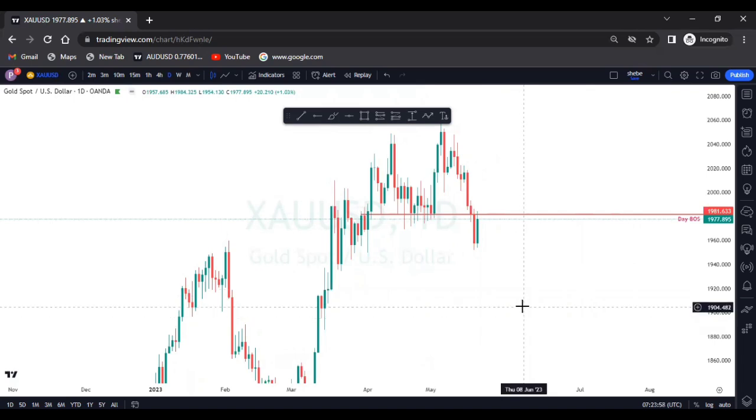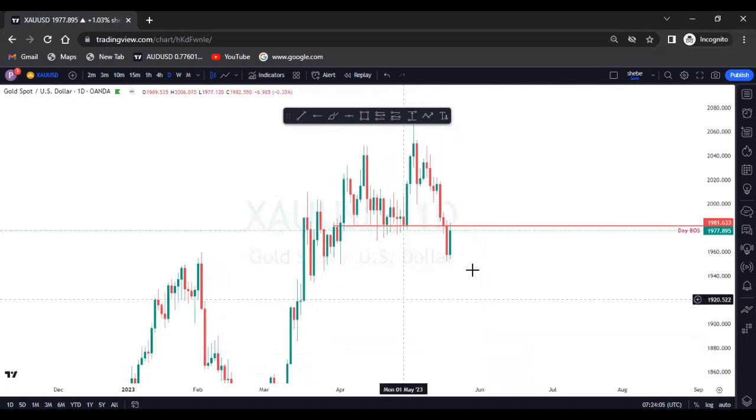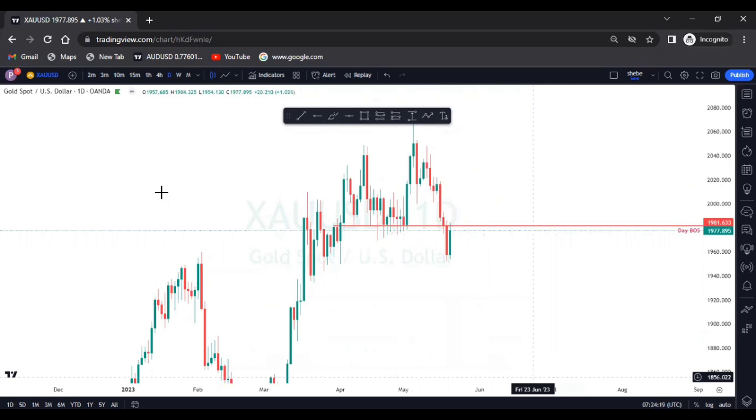So that being said, we were just waiting for the 4 hour time frame to break the structure so that we can take a sell trade at a certain point. Why do I say that? Because